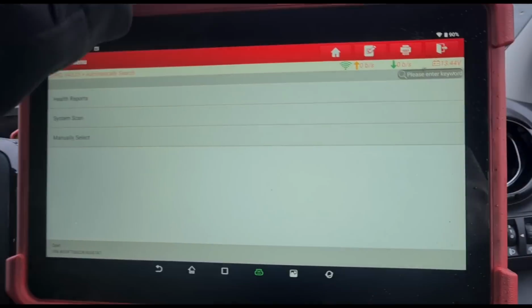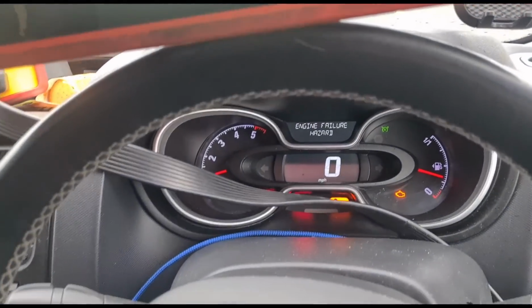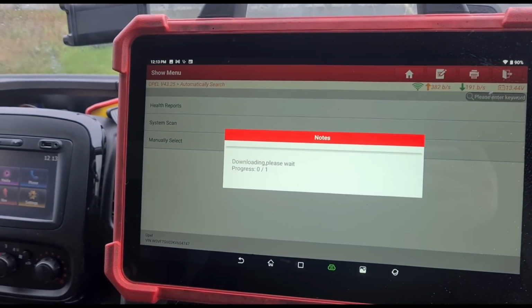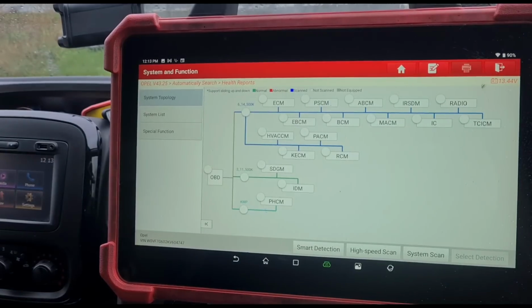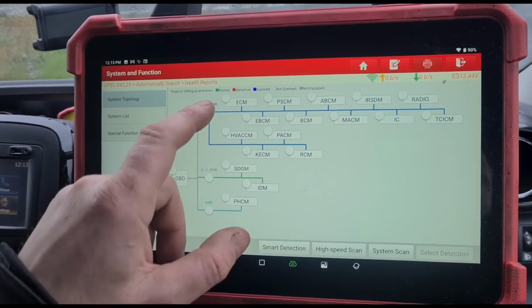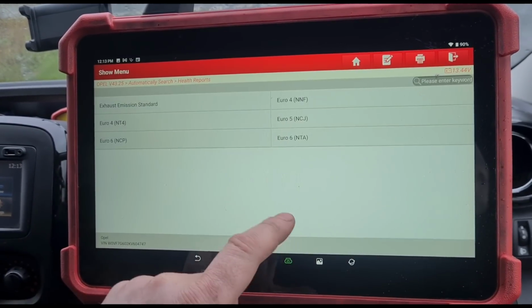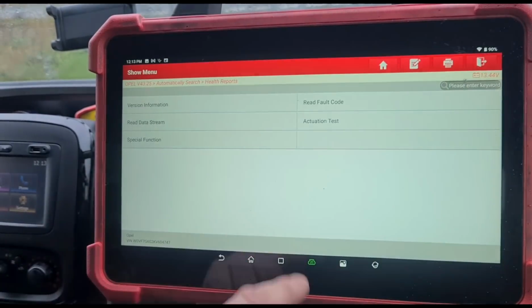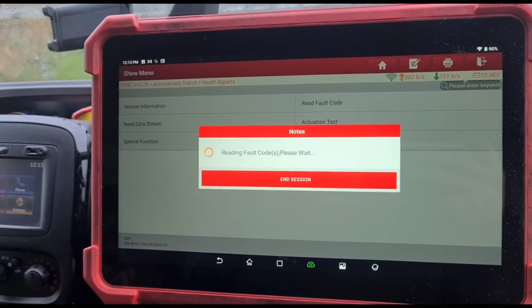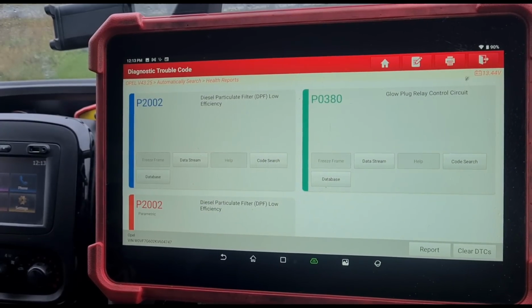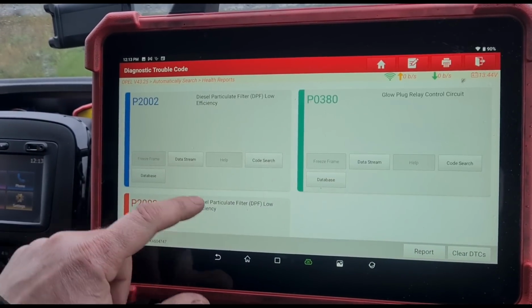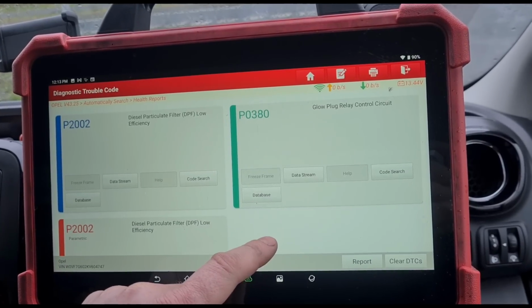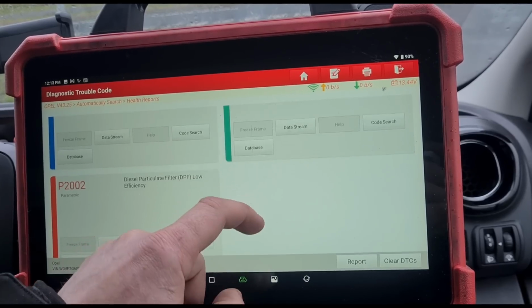It's a 2019 Vivaro and it has, can't see the mileage just yet. Go to health report, and we'll do ECM. I think it's this one and that one. I would just press the 8. Read fault codes. P2002 particle filter efficiency, and a P0380 glow plug relay control circuit, which is going to be the usual one of the